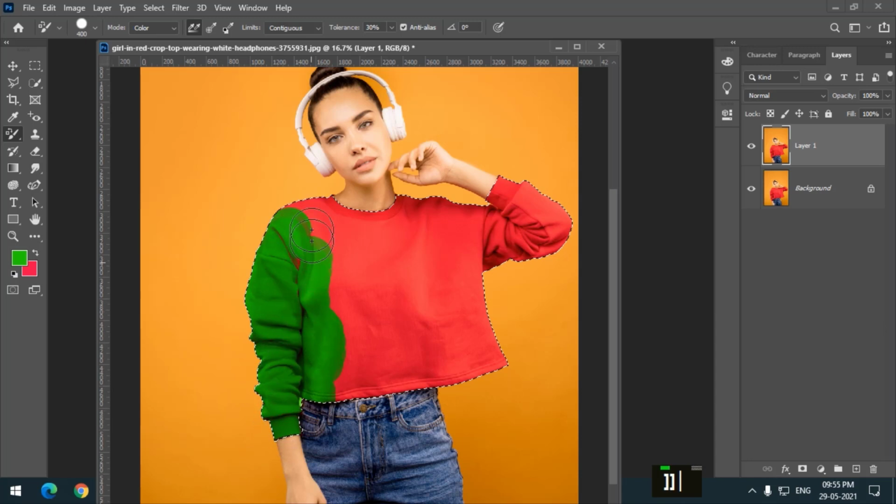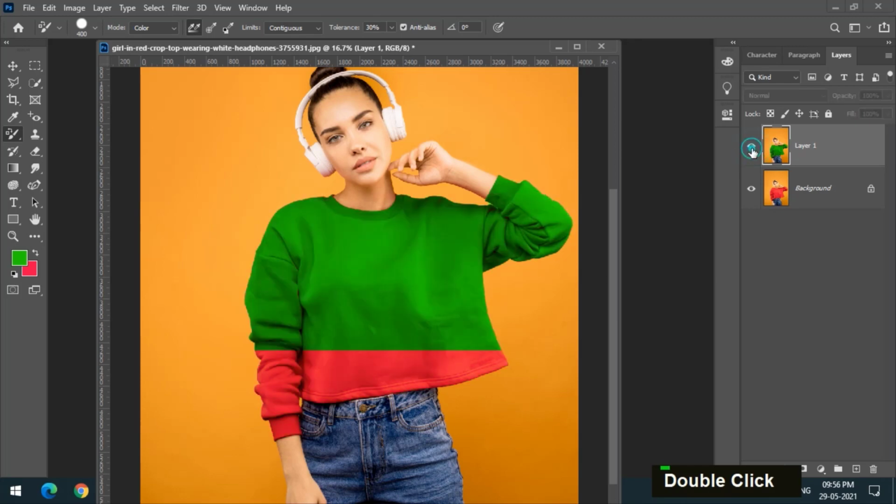Otherwise there are certain areas which have different shades of color or different lighting, and those areas are hard to replace, so try to do it in one go. Again, this looks very good, pretty cool, awesome. So you can change the color using this color replacement tool, which is very easy.